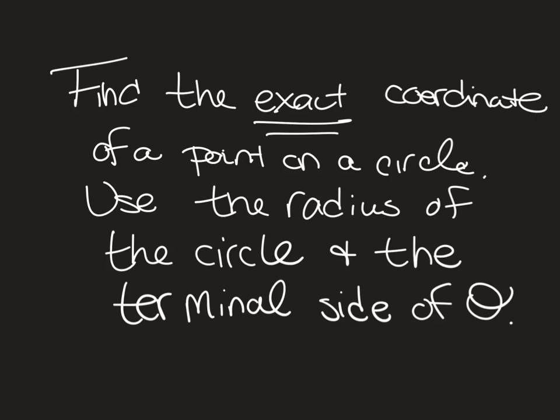So today we're going to look at a little bit of information. We're going to give you an angle, a theta, and a radius, and we're going to find the exact ordered pair. So when we look at the unit circle,